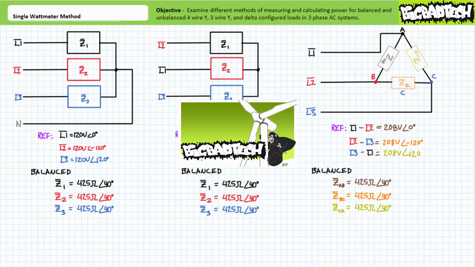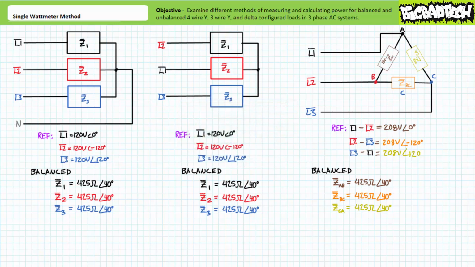This lecture operates under the presumption the viewer has more than a passing familiarity with the analysis of balanced and unbalanced 4-wire Y, 3-wire Y, and delta configurations in three-phase AC systems, as illustrated in the three-phase AC examples lecture, available at the Big Bad Tech channel. If you haven't watched this lecture yet, or only dimly recall its contents, please take the time to do so now. So we don't bog this lecture down in lengthy calculations,